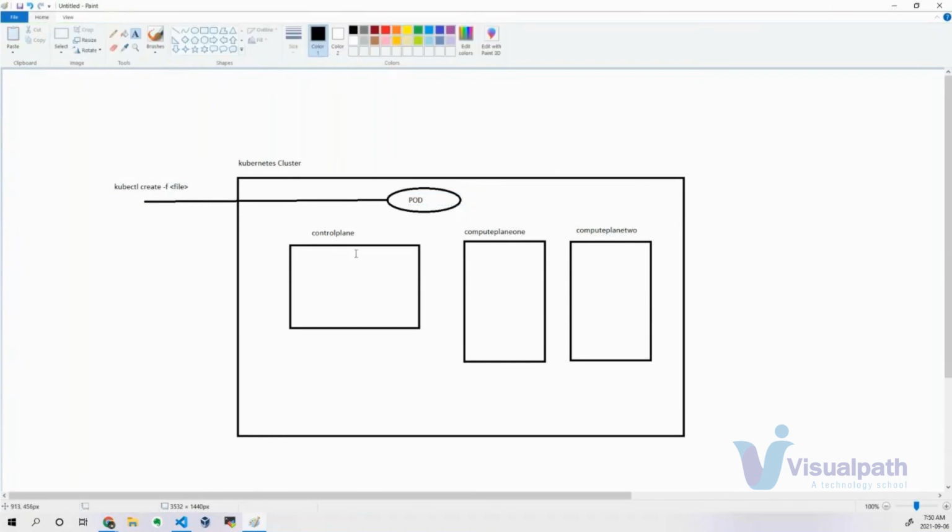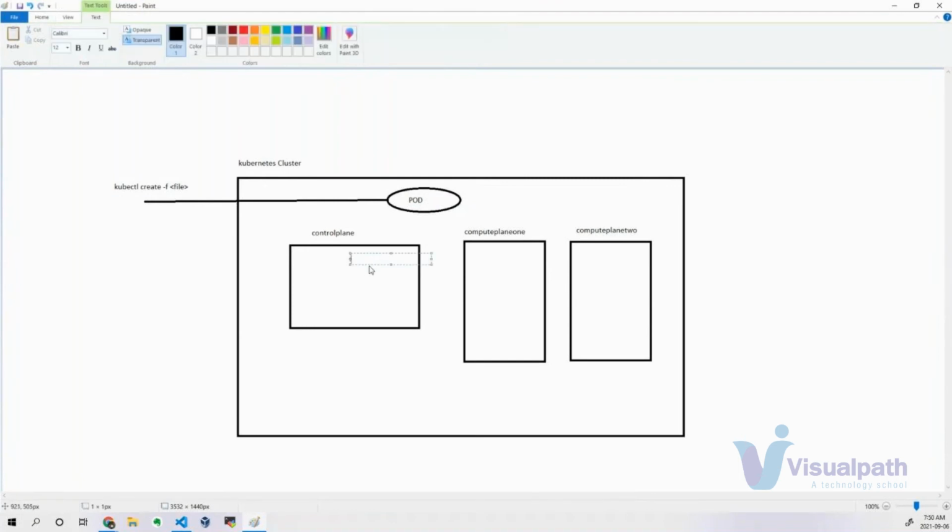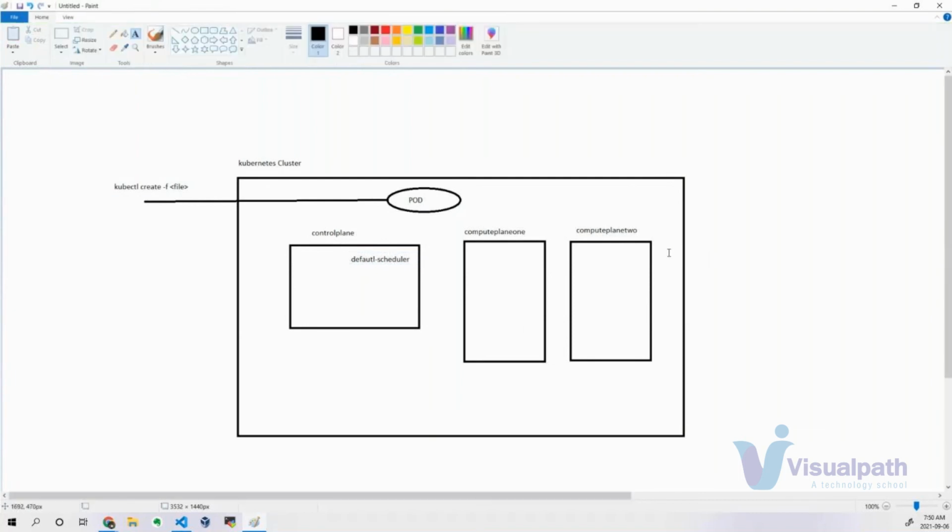hostPath. Now your kube-scheduler, which is the default scheduler we have, will decide on which node it should launch the pod. Once the information is given to the controller node, the API server takes it, and based on the etcd information it has about the nodes, it gives the information to the scheduler. The scheduler decides based on resource availability which node it should launch on. Once a decision has been made,